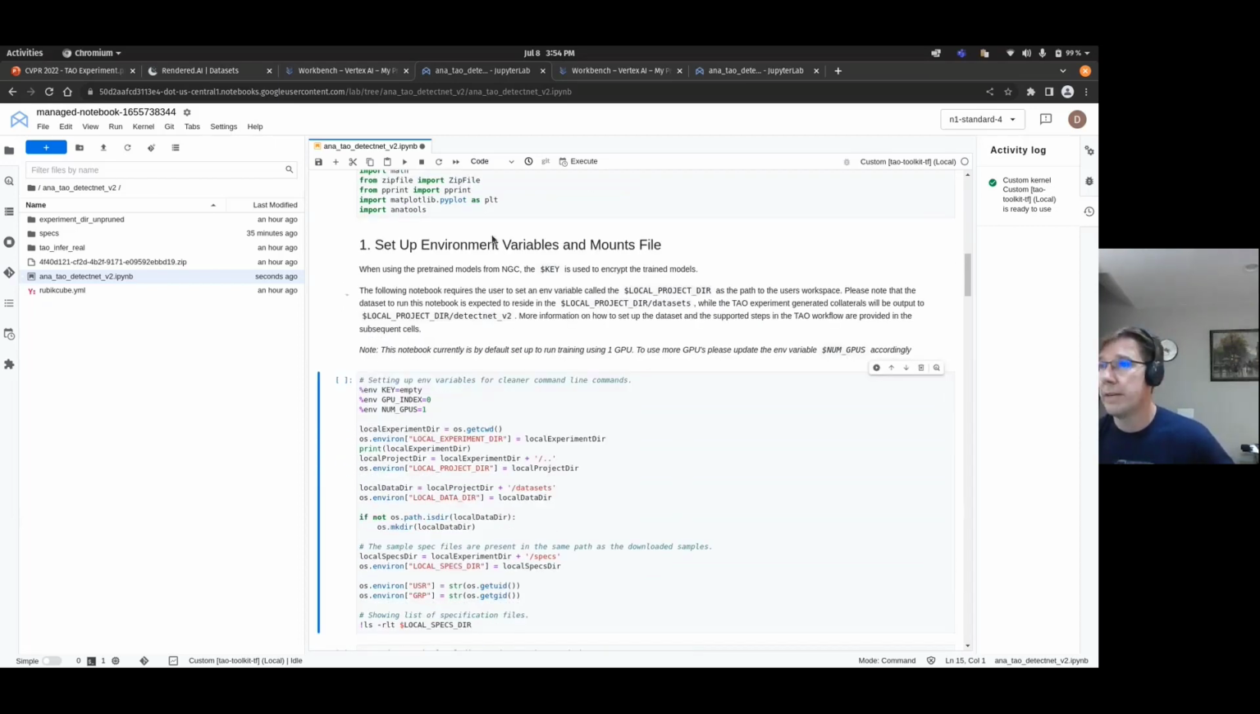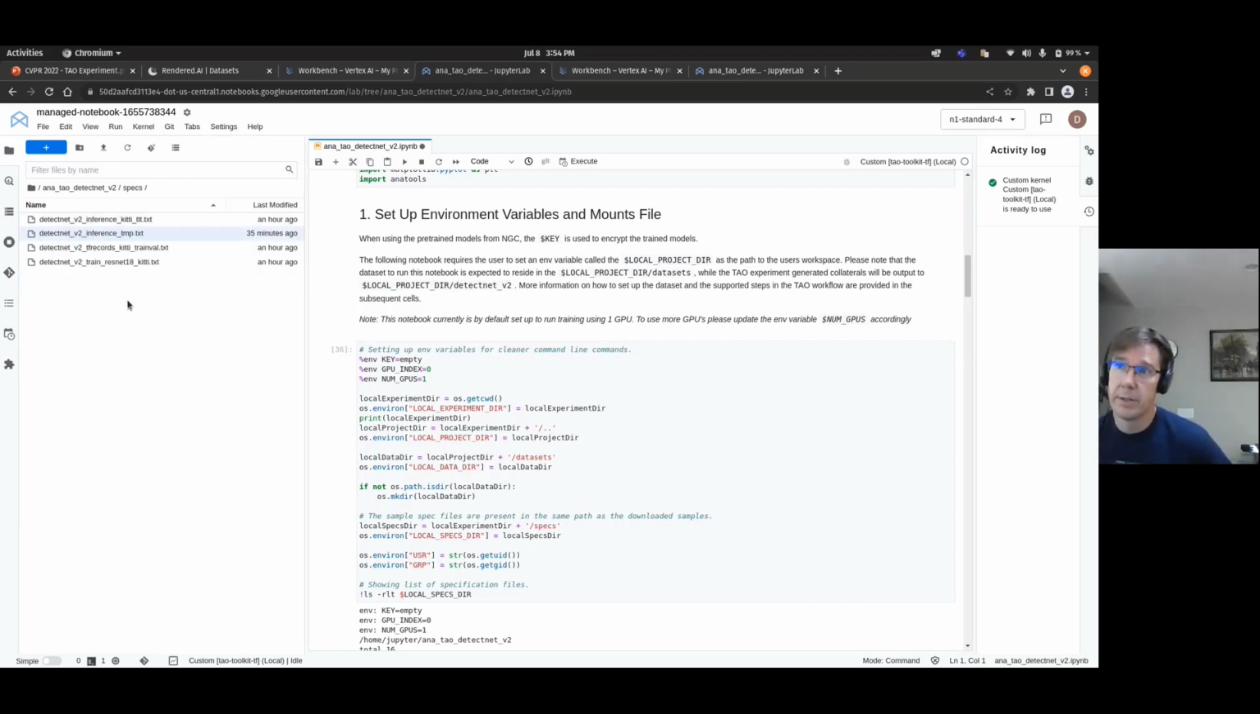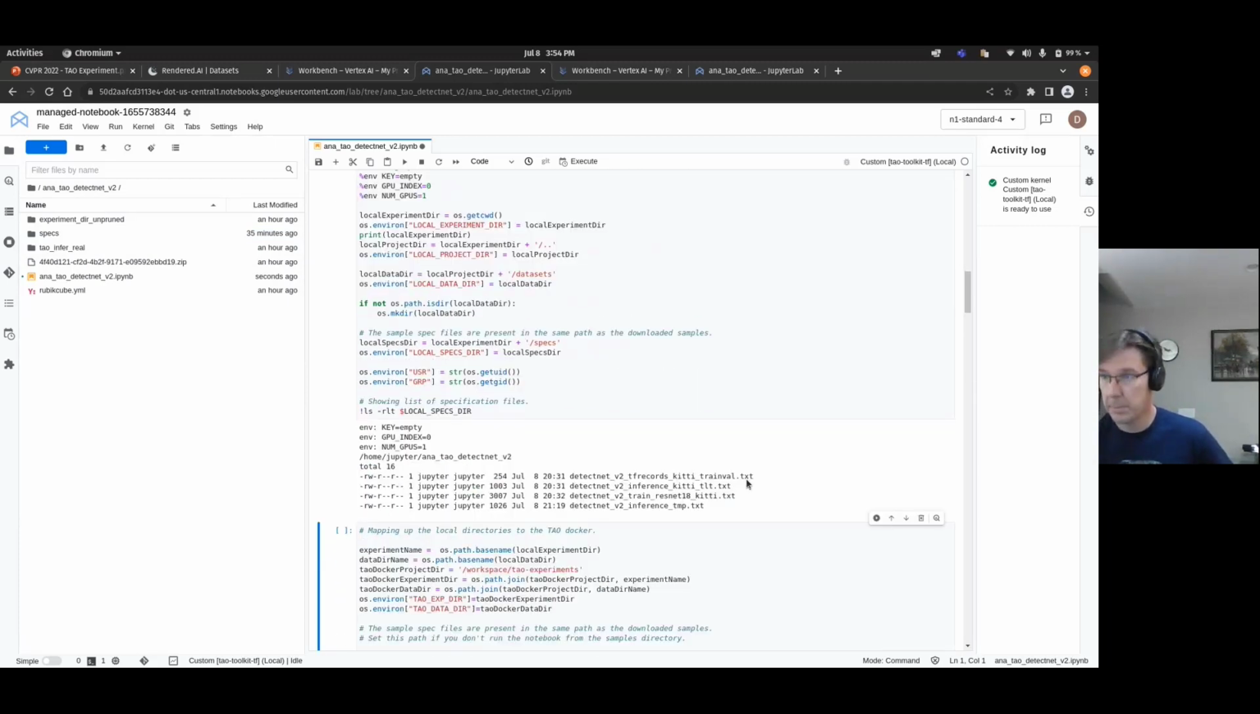Once we have all of our dependencies in place, we set up the environment variables for the project, which just says where the data sets are, and the specs file, which is this directory here that has all of the different configuration files needed for the Tau toolkit. Let's see. So with that in place,